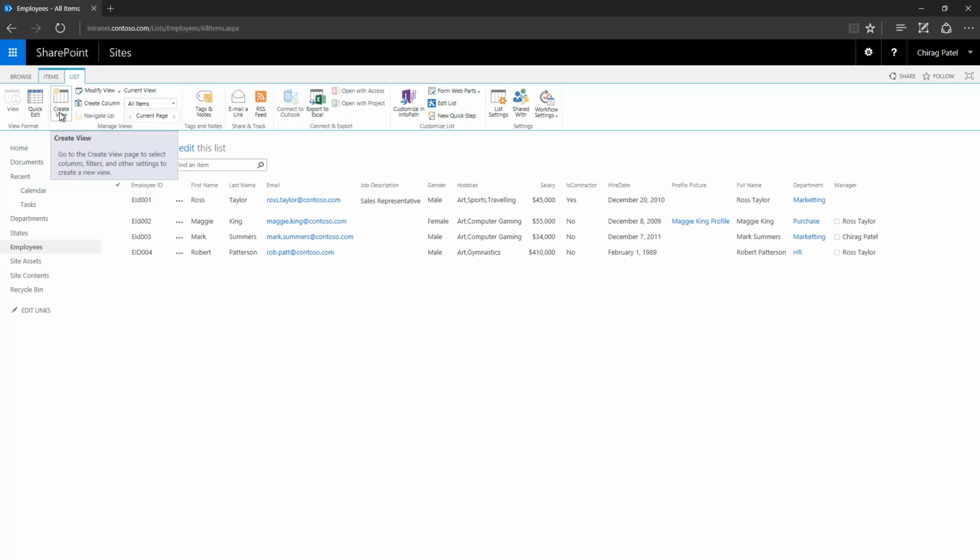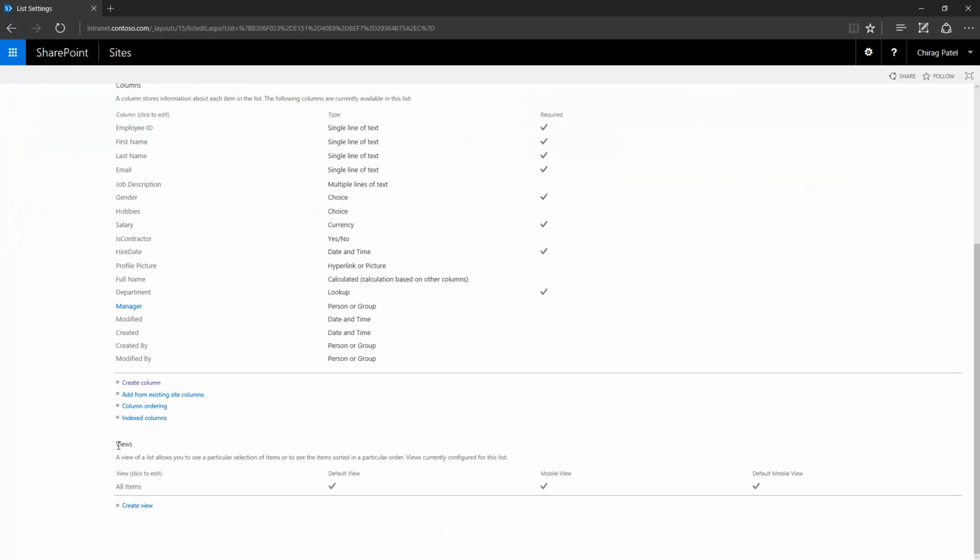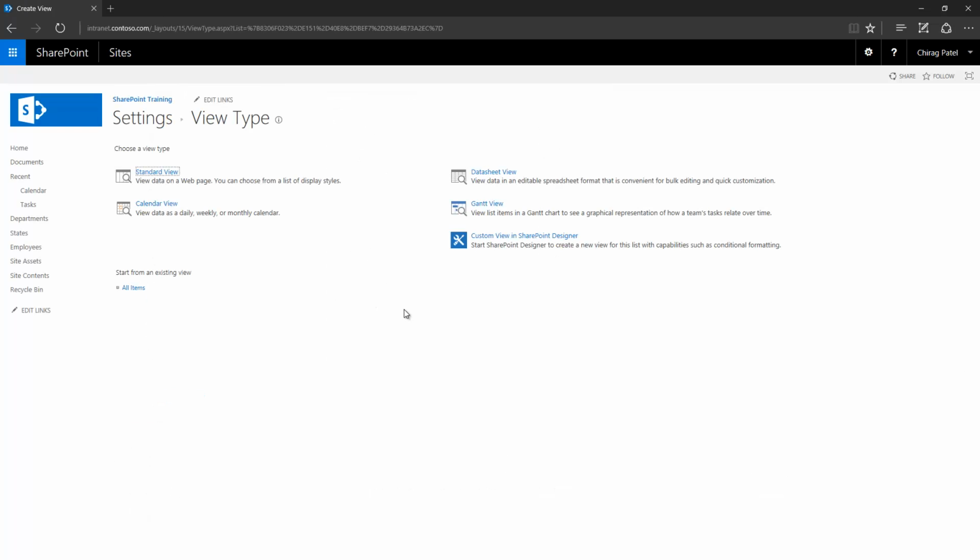There is also a third way to do the same, which is the list settings page. When I go here, at the bottom I have a view section, and I have only one view. And right now you can see that it's selected as the default view. I can also click this link to do the same thing. So let's do that. Once I click this create view, I have the view type selection page here